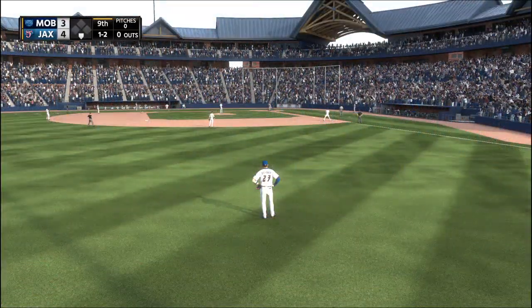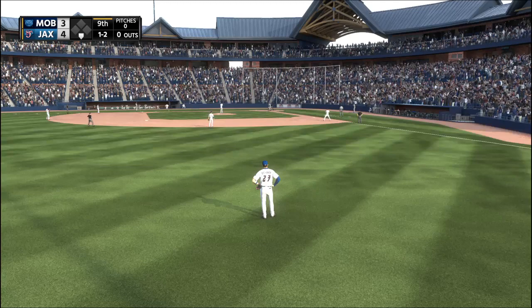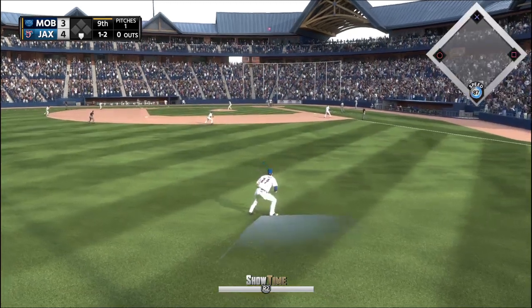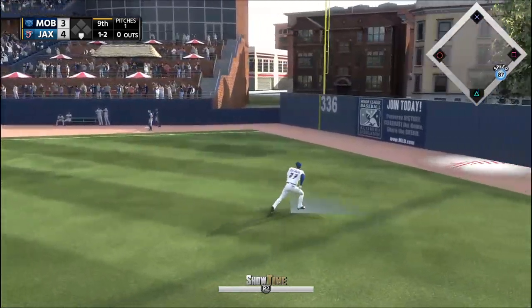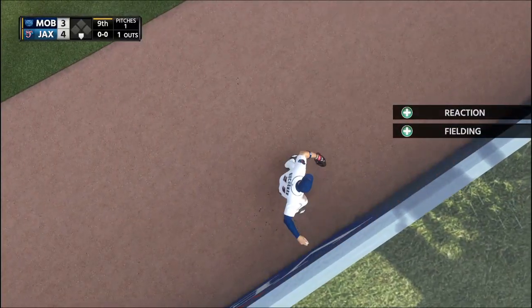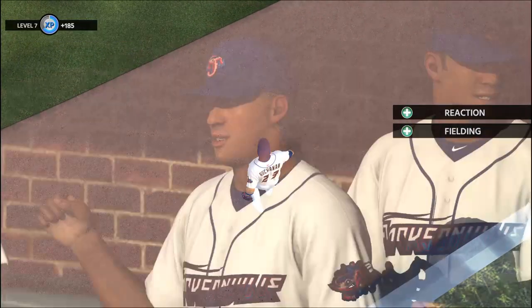Kicking off the top of the 9th, Jason Guillory. And they'll need him to get something going here. There's a swing, and he sends a ball high in the air into left field, but he's going to haul this one in on the run as he winds up just shy of the...